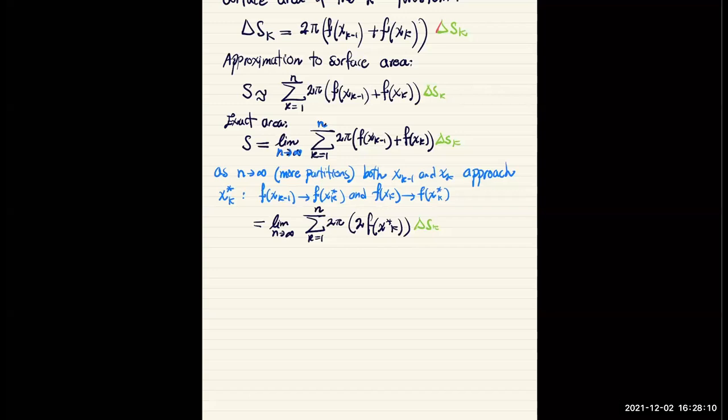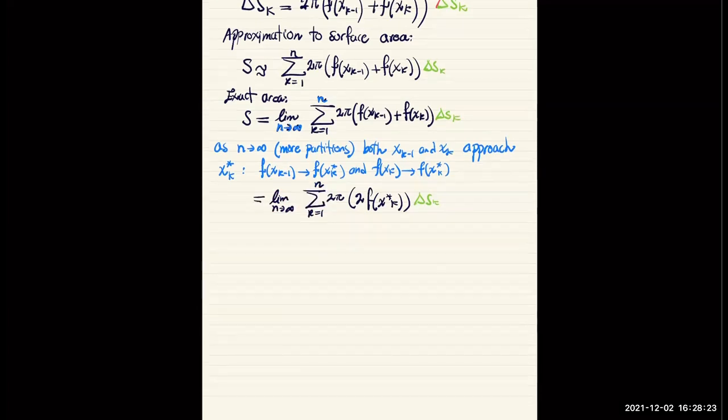Okay, and what this is basically an integral. This is a definite integral. The limit of a Riemann sum is the integral. If this is the integral from a to b times